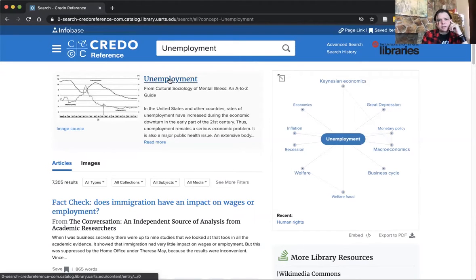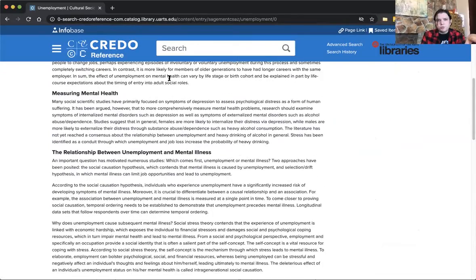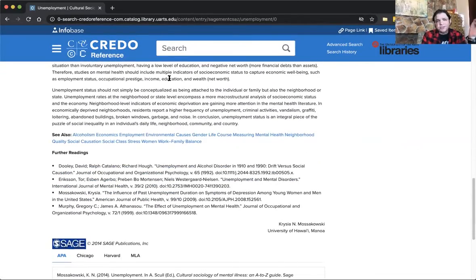But let's click on the actual entry for unemployment. And you can see it's going to give you a lot of background information, which again can be helpful to get your starting point going. And then additionally, a lot of these reference sources are going to have further readings, or what you might call bibliography. Here they're calling it further readings. Down at the bottom, if you did want to investigate unemployment a little bit more in depth, they're recommending some places to get started. And that's great because here you can see this person from the University of Hawaii has already done a lot of work for you. They built this resource for you out of these further readings.